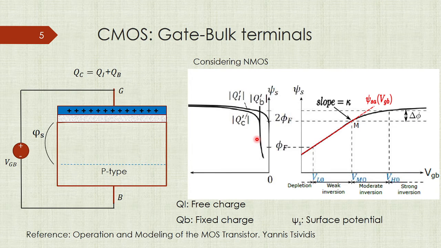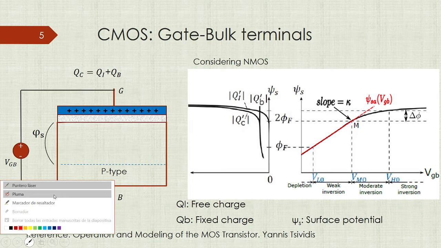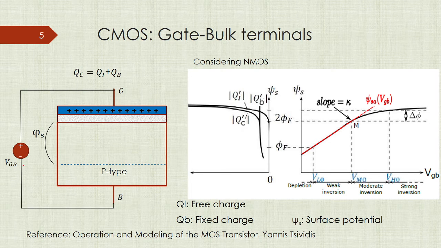Now let's move to the physics of the semiconductor. First, we will analyze the gate and bulk terminals, and as you see in the graphic, we will insert a voltage VGB between those terminals. Initially, when this voltage VGB is equal to 0, our transistor will be neutral, there will not be net charge. Remember that in the p-type semiconductor we have positive charge here,